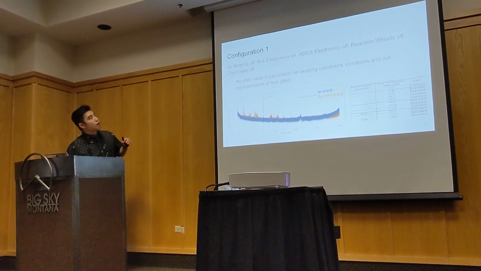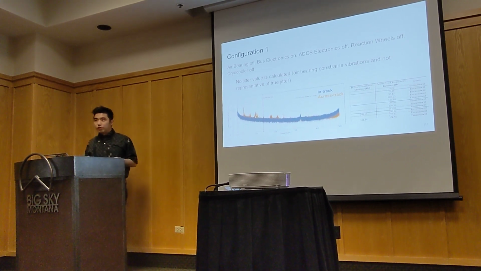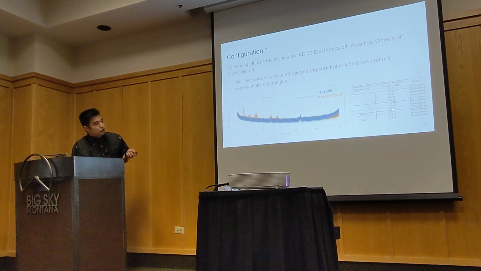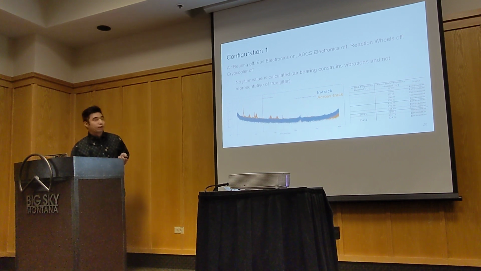So in configuration 1, we have all of our vibratory sources off, and this is just to assess the ambient environment in the clean room. And so we see a host of frequencies that occur in the cross-track direction and a couple in the in-track, and that's just likely seismics from the clean room. We don't calculate a jitter value because the air bearing is off, and it would be a really